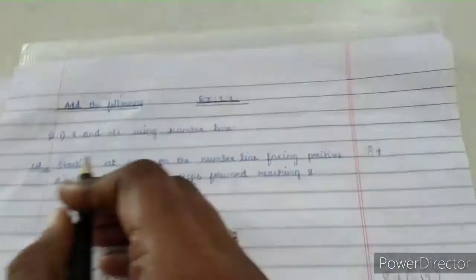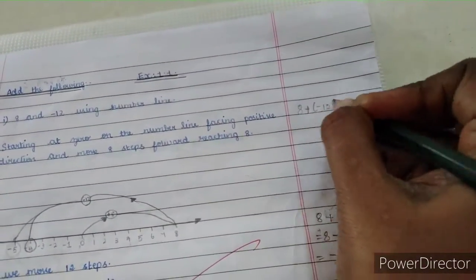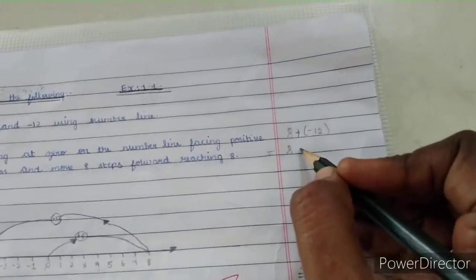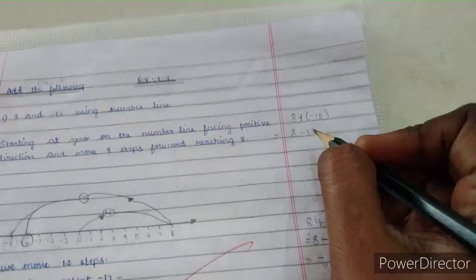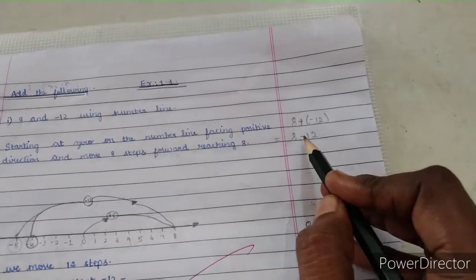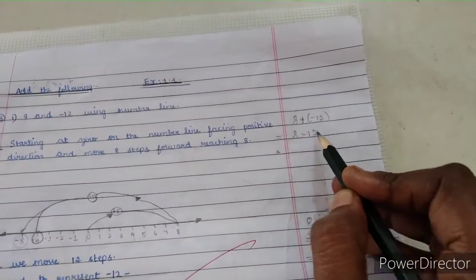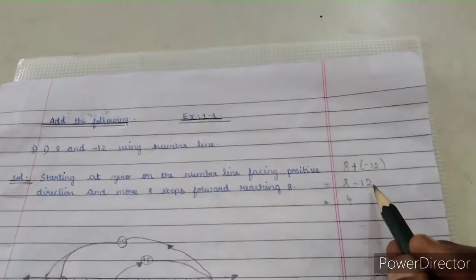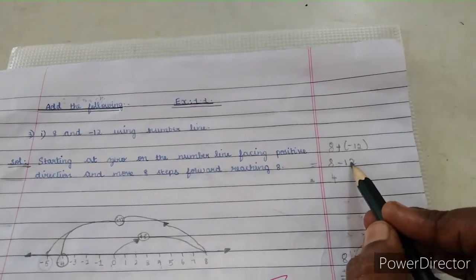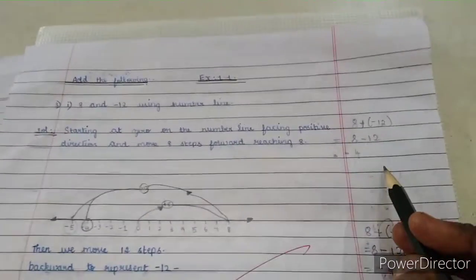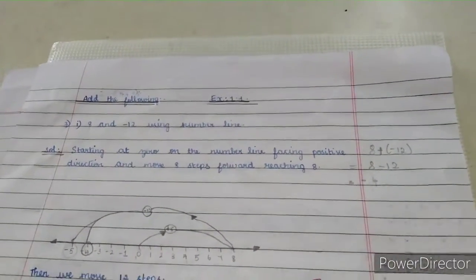So 8, add the following, plus, given in the question minus 12. Now 8 plus into minus, we have to write the minus sign here with 12. Now what operation do we have to do with these two integers? Either add or subtract. So plus into minus, we have to subtract these two integers. So 12 minus 8, it is 4. Which is the greater number? It is 12 and the sign for that number is minus. So your answer is minus 4. It's clear, students, how to draw a number line?